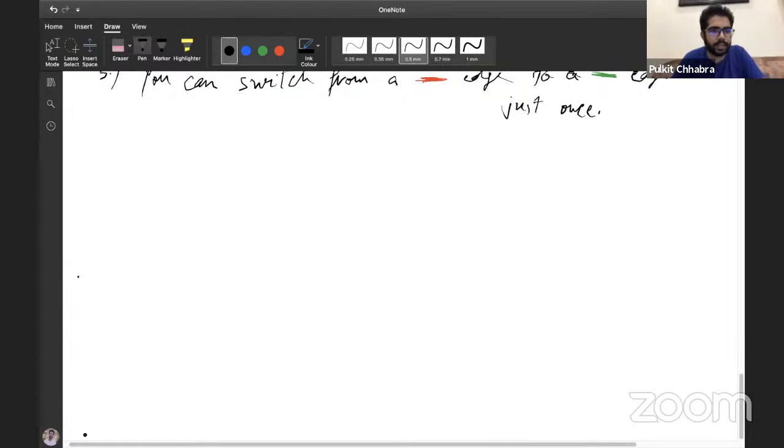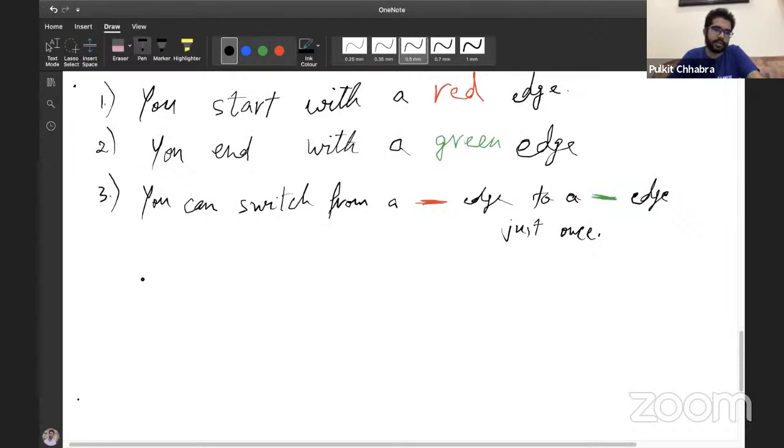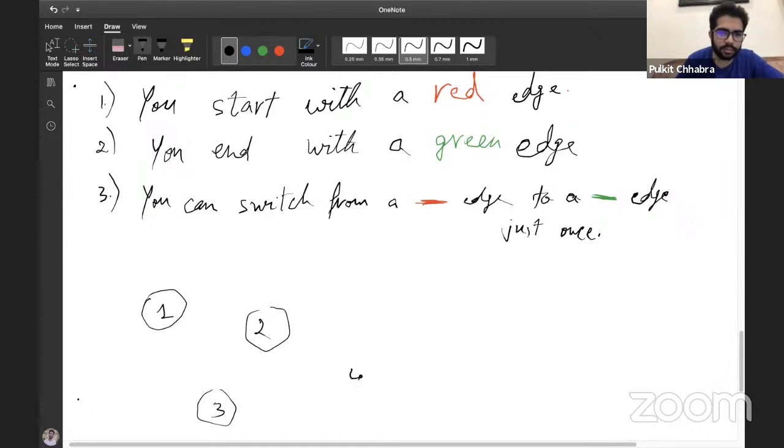So I'll just give you an example, and I'll ask you guys whether or not this is a valid path. So 1, 2, 3, 4, 5, and 6, let's say.